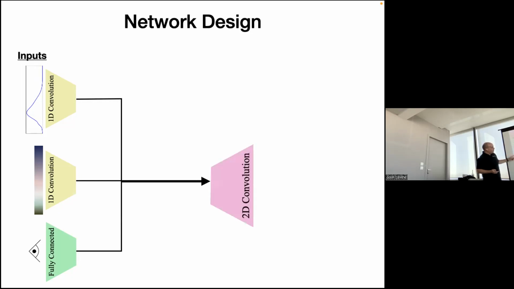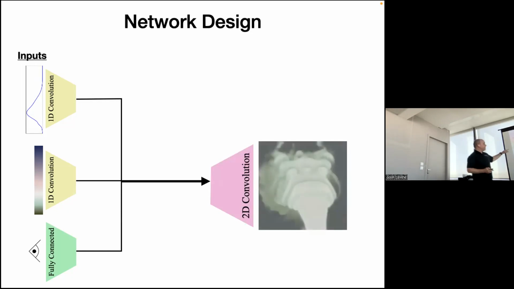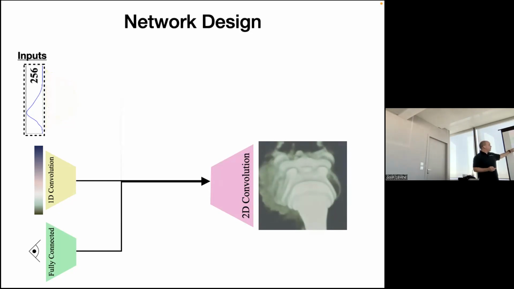And we do 1D convolutions and pass them into our GAN as input along the way. So our generator basically takes that concatenated vector, and that's how it spits out an image. What's interesting about this is we can now play around with that input space and do some other tricks with neural networks. In particular, we can look at that input for the opacity transfer